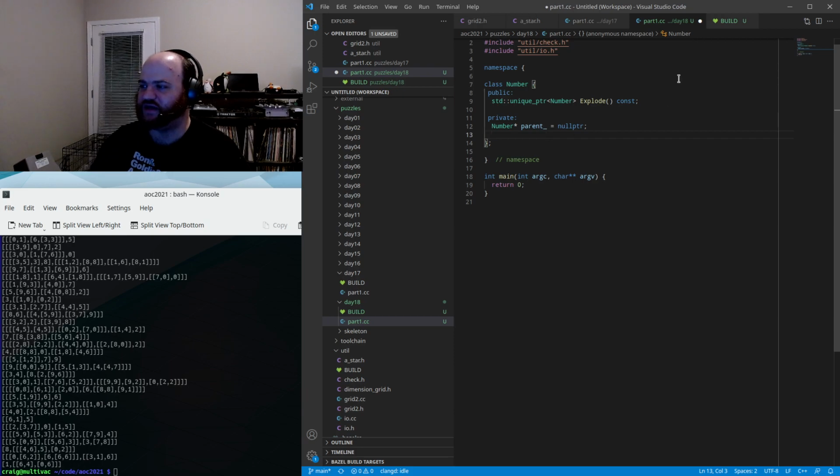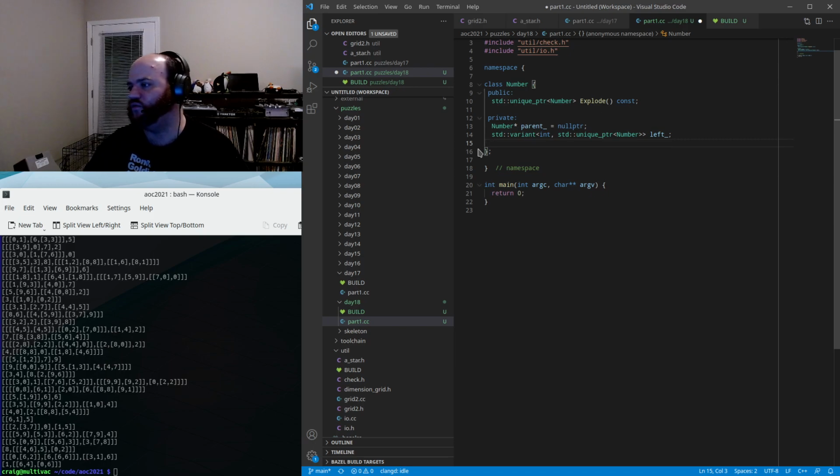So I think I'm going to go ahead and use a variant between int and a unique pointer containing another number pair to represent left and right. And then